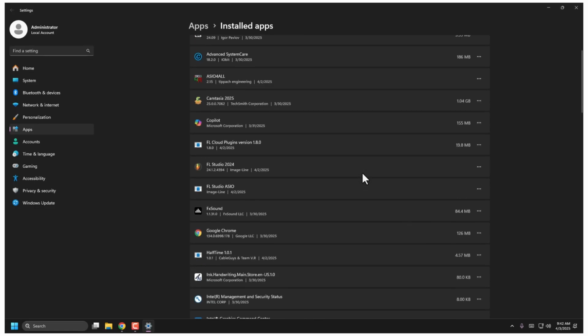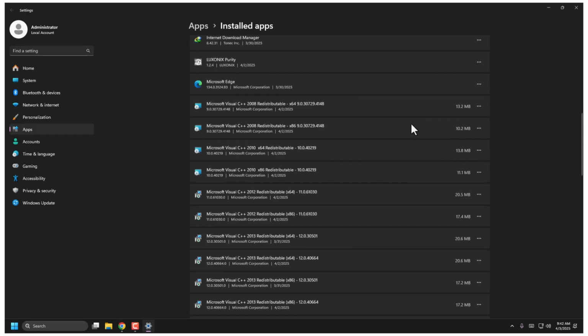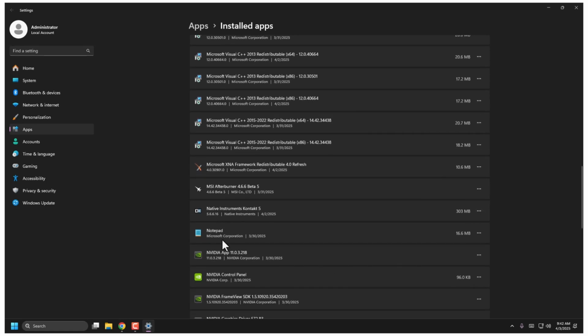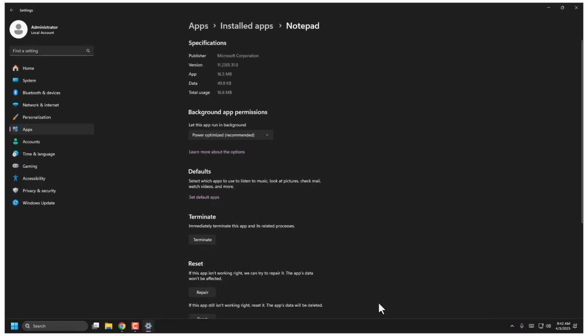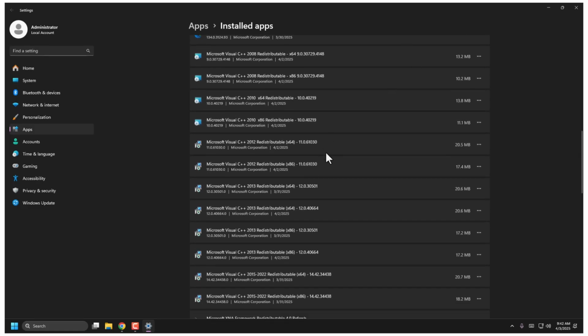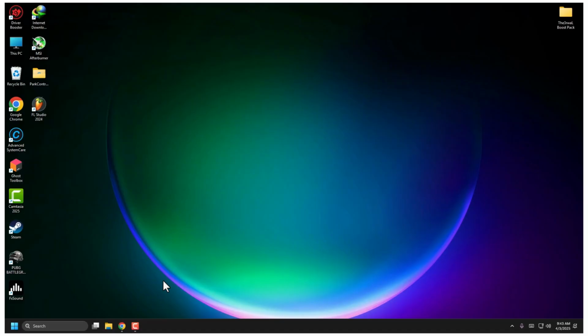As you can see, just check all the apps that you have installed on your PC and see if they are running in the background. Alright, let's say for example Notepad. If I click on advanced options, background app permission, I can set it to never. As you can see, you want to do that with all your apps. Alright, so I'm going to close this, and we are going to move